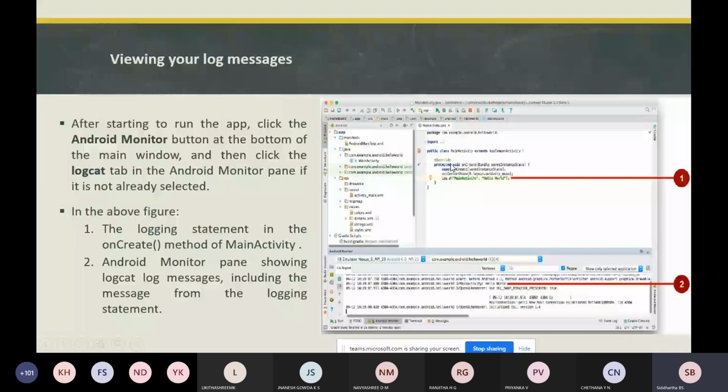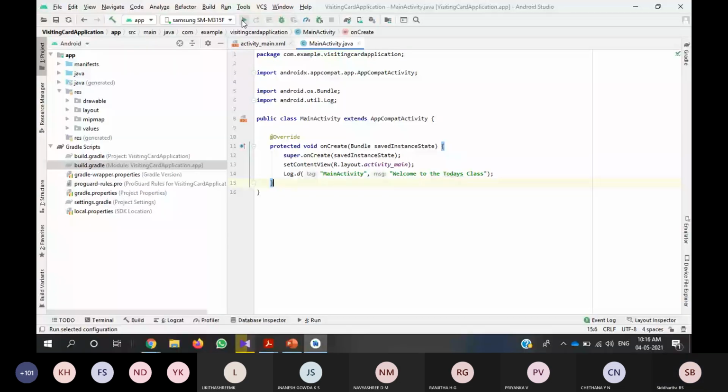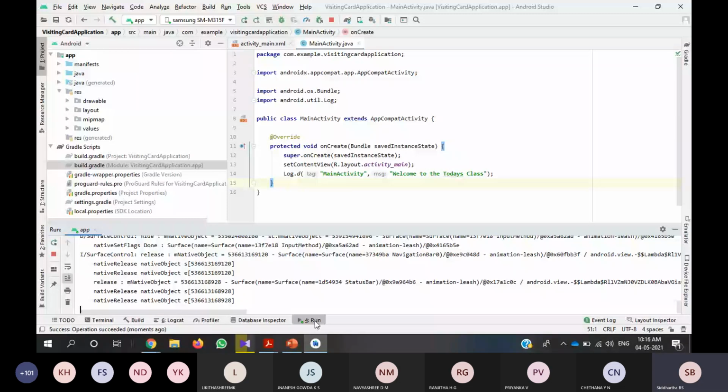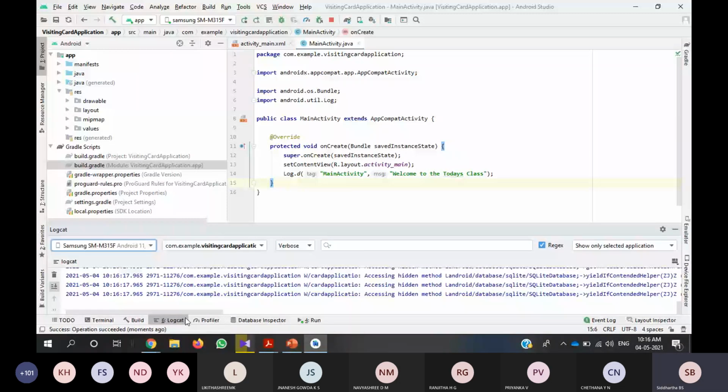So I will run this app once again. See here, Logcat. Can you see the Logcat at the bottom of Android Studio, where the mouse pointer is pointing? You can see it, right? The app has been running.